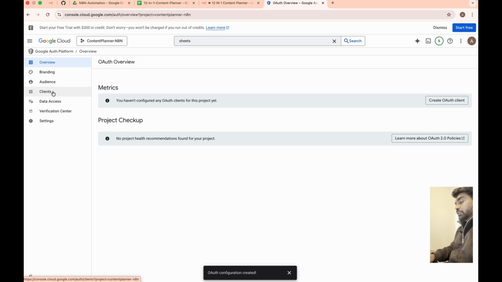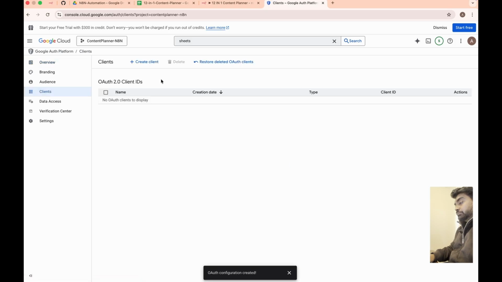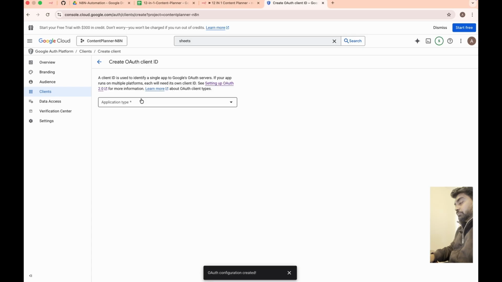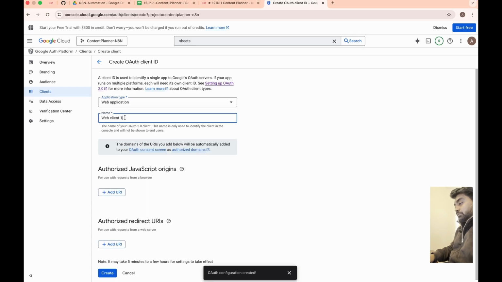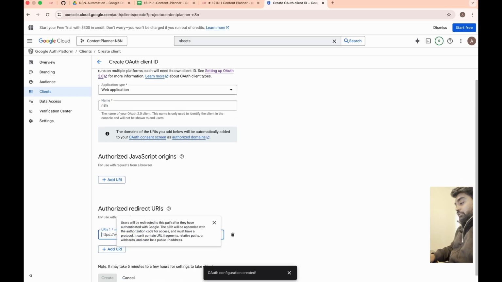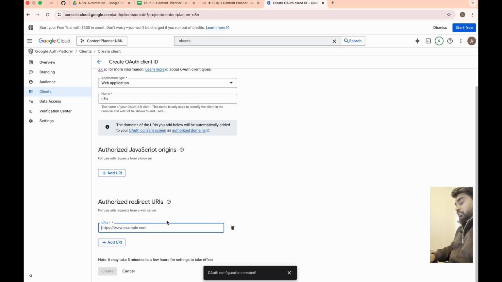Next, we're going to create a client credential. To create it, just click on the client there. Click on this create client. Select a web application. Give a name for this web application. I'm providing N8N, and then provide an authorized redirect URL because Google will check this authorized redirect URL.